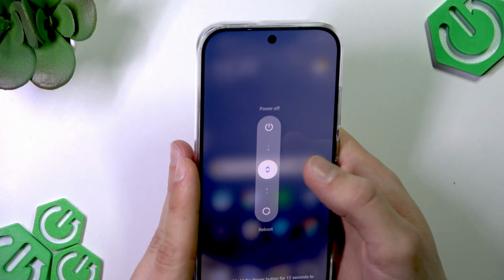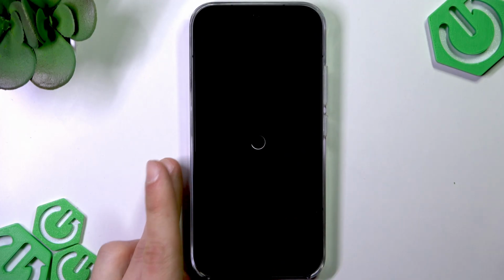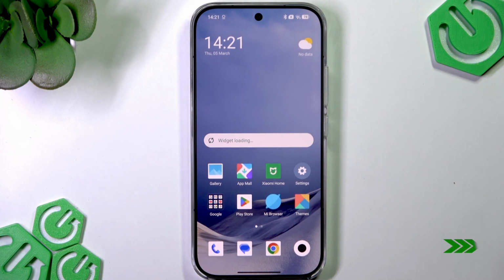So just press power button and volume up keys at the same time and swipe the circle down to reboot your smartphone. And after the phone is restarted,